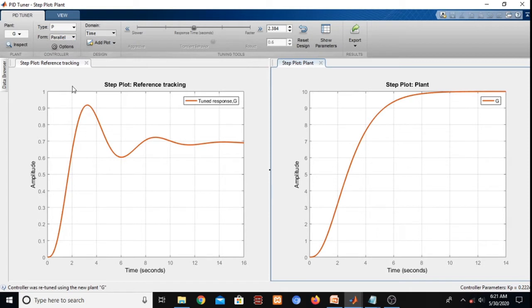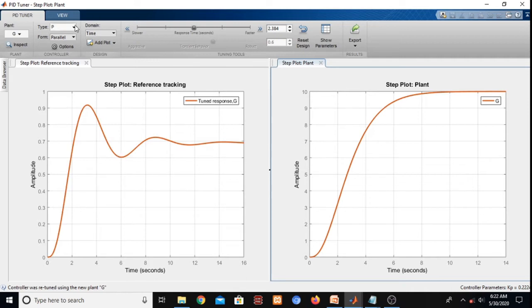Parallel form has already been explained to you earlier, because this parallel form will give you Kp, Ki and Kd coefficients. So here you will find that the step input response with only a proportional controller is like this. This is not satisfying our reference tracking requirement, because our step input is stabilized to 1, and we need this response to reach the reference.